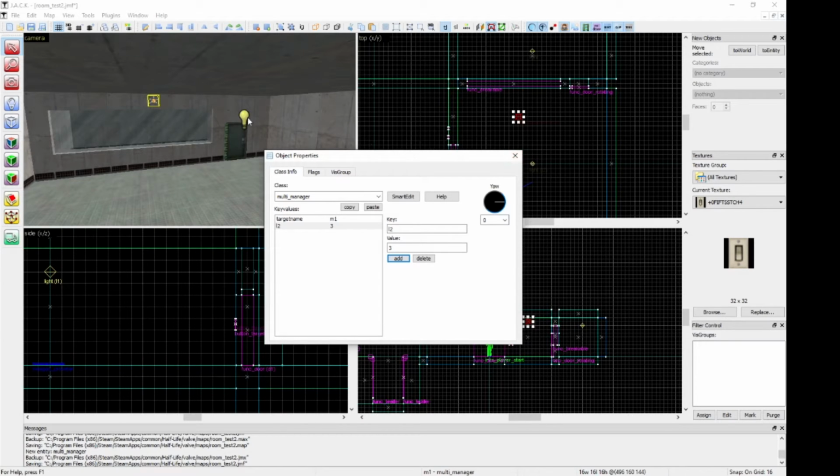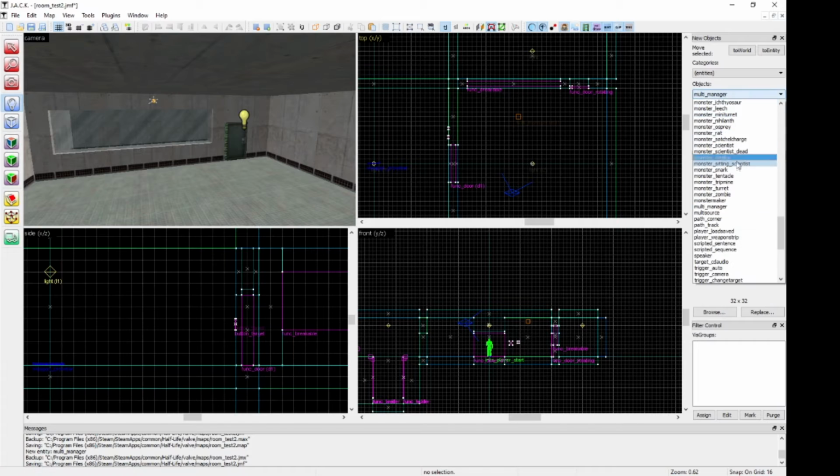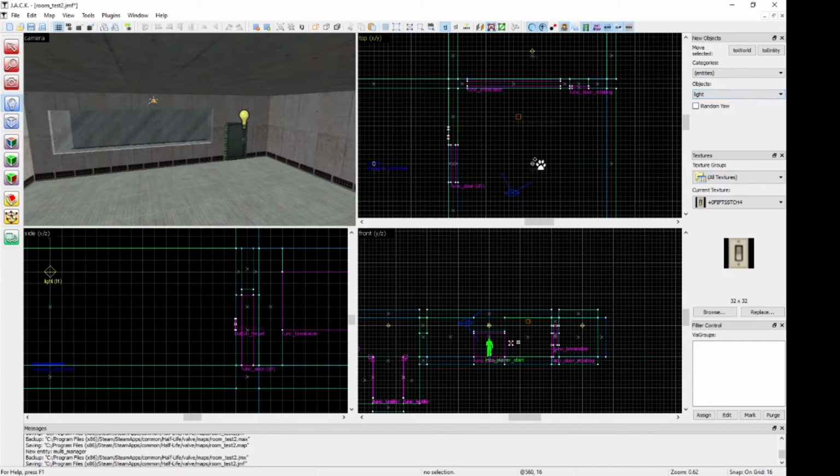And this light, because it starts the game on, when it's switched by the multi-manager, it will switch it off. And the reason you use a multi-manager is because you can target multiple